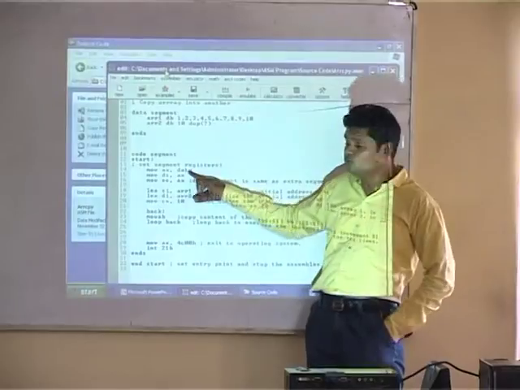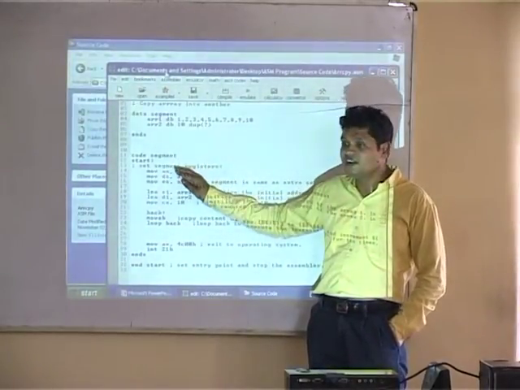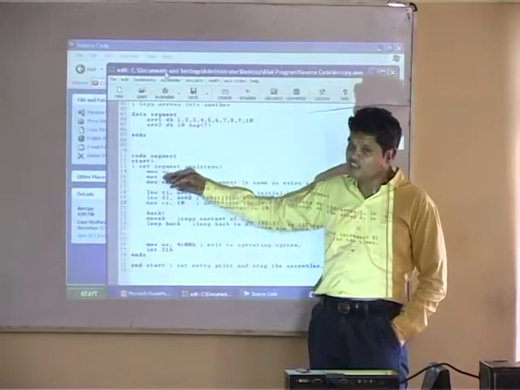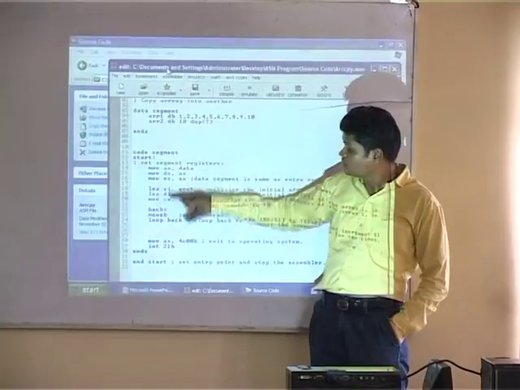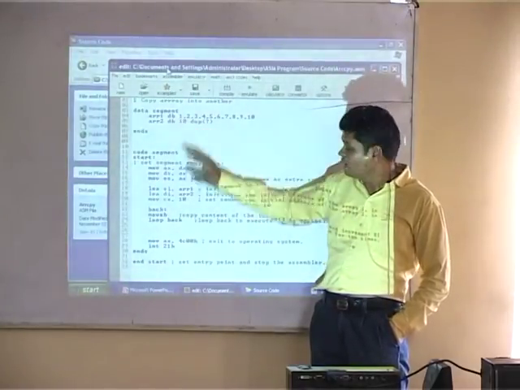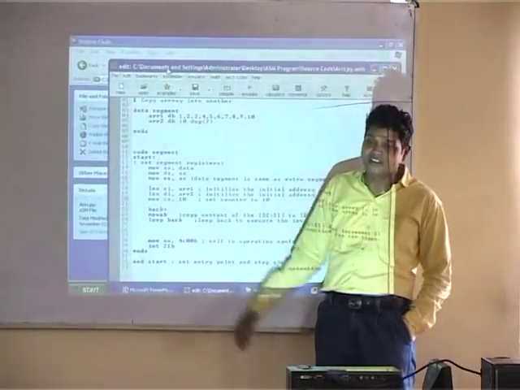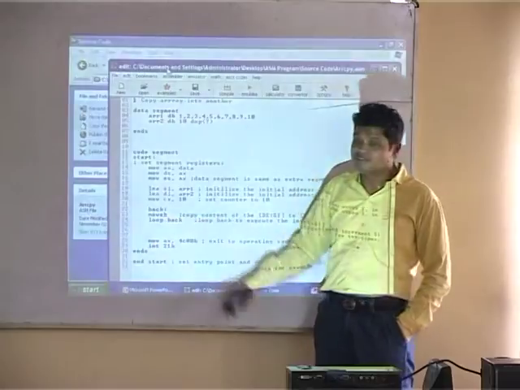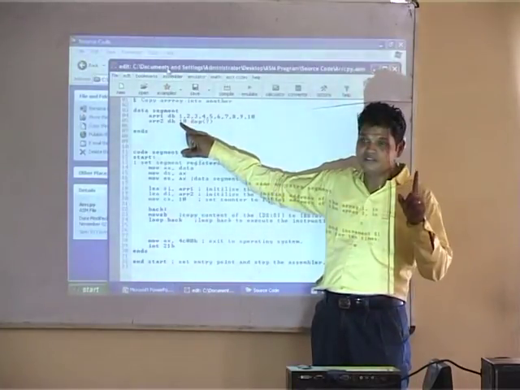Initialize the value to AX. We want the data address in AX, then the data address goes to DS, then ES. I initialize SI to the first element of array 1, and DI to the first element of array 2. I have set the counter CX to 10 because I want to repeat it 10 times. Now here is MOVSB. What is MOVSB doing? Copying this location here.